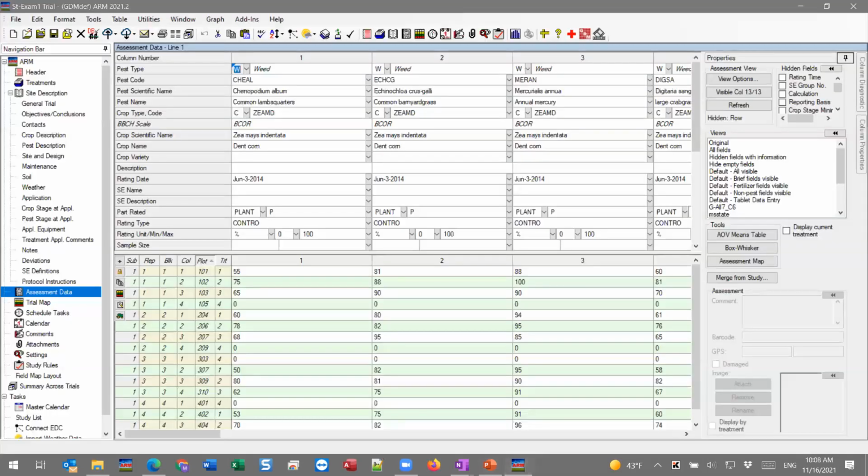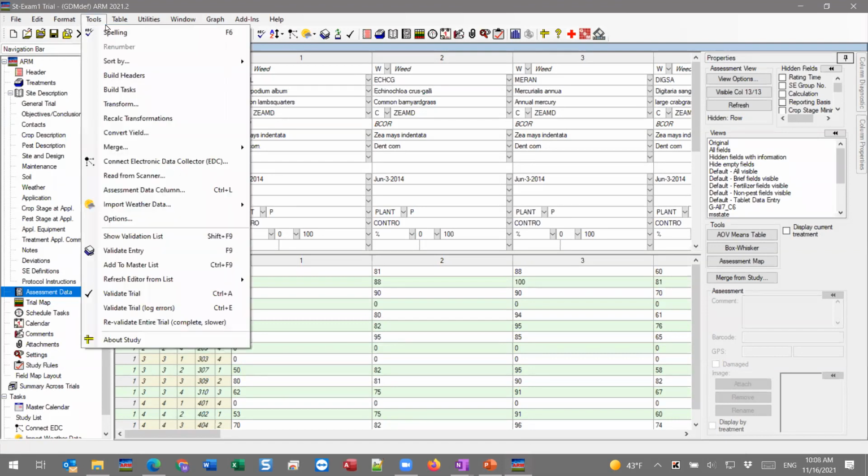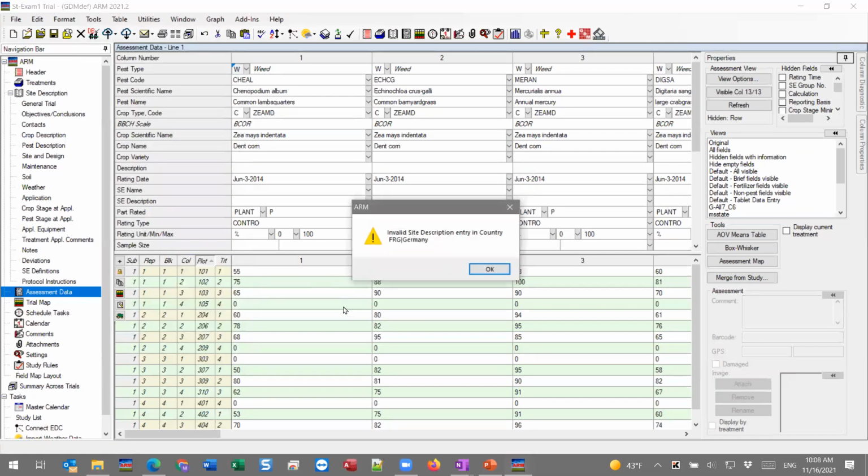So just to show that here, I have a trial open. This is actually just an example study in our tutorial list, so you can even open this up on your computer if you want to replicate what we're doing today. But to run the validation, we'll open up the Tools menu, and this little check mark icon here for Validate Trial, where the keyboard shortcut is Control-A,